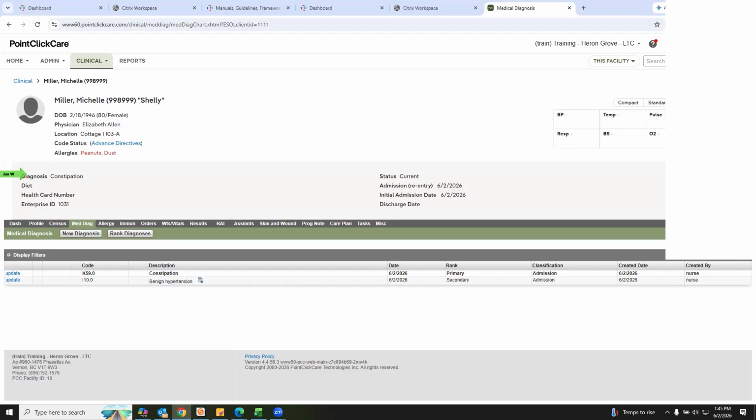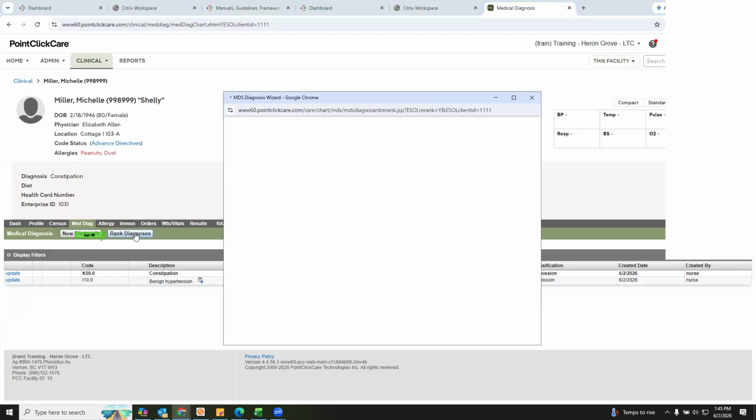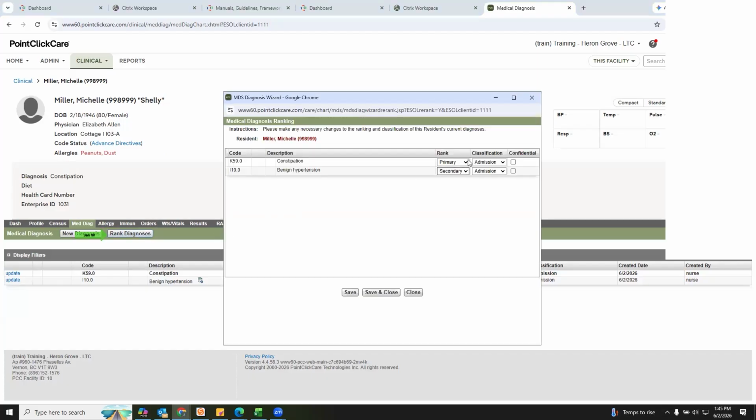So if I come along and I realize my coworker, my teammate, forgot to add these diagnoses, I don't have to update one at a time. With proper security, I can click rank diagnosis. I will see all of my active diagnoses and can change the ranks and classifications here. So as soon as I update to primary and I click save and close,